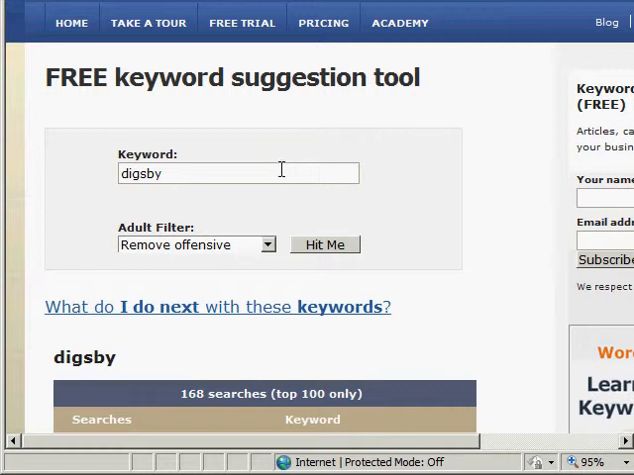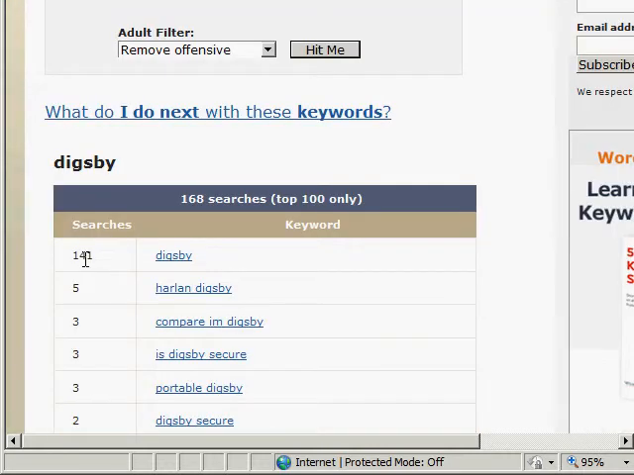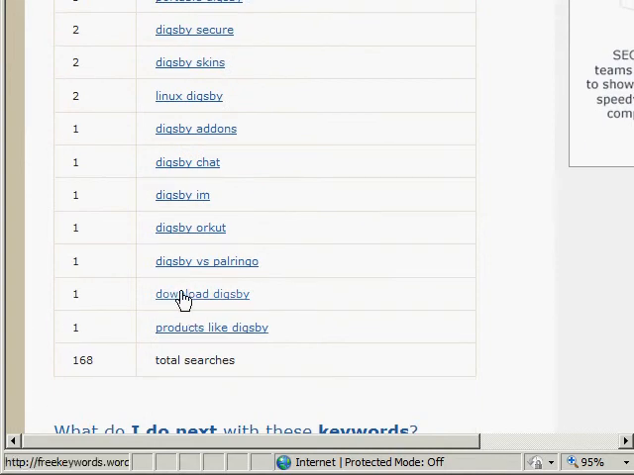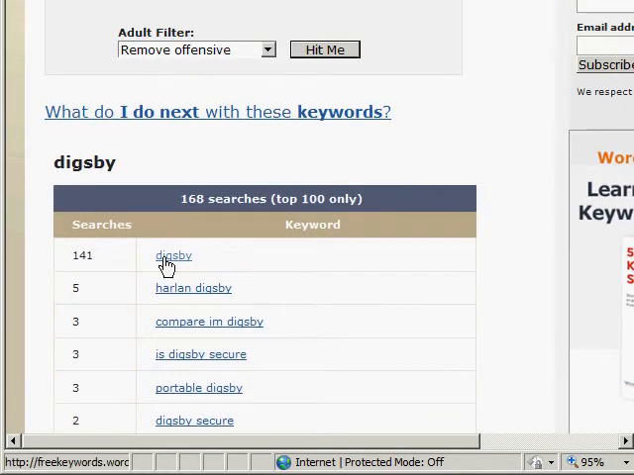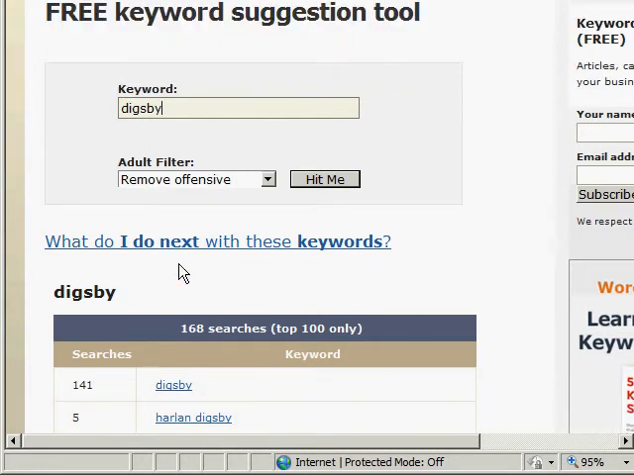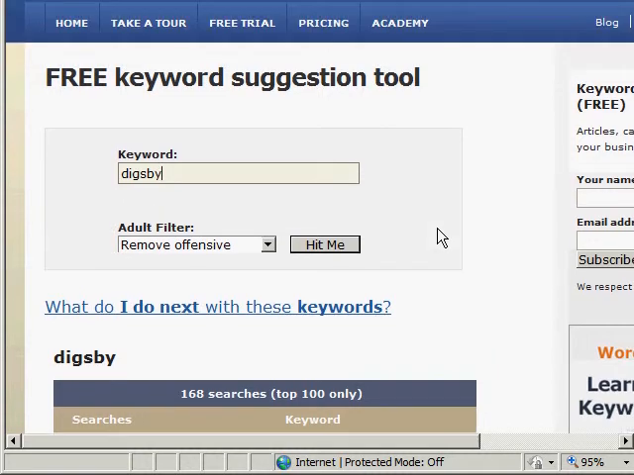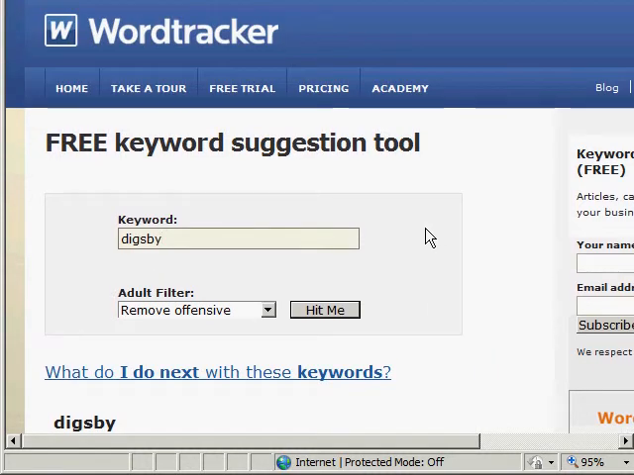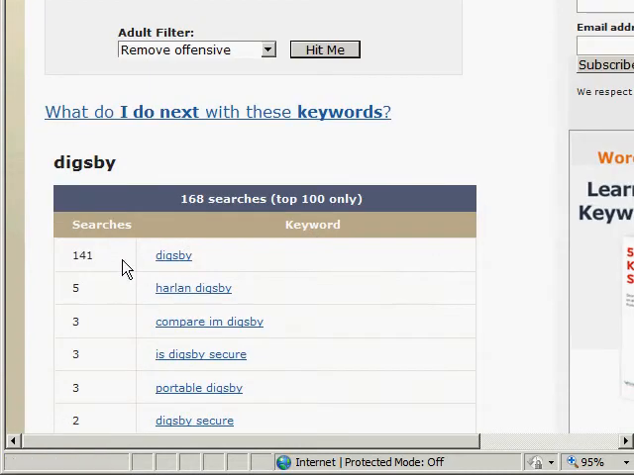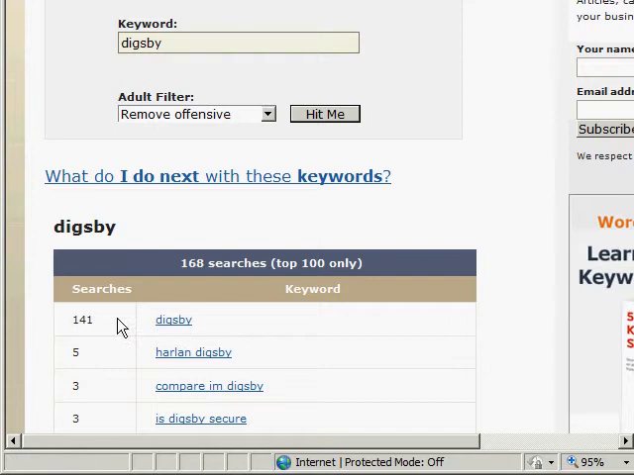So I did a search on Digsby, and I'm only getting 141 searches, 5 searches for the rest ones and 1 searches, which is not high at all, but it has a potential and might be worth a shot, but not necessarily a desperate, hungry niche. So in this case, I might choose to go forward with it, or I might not. Because seeing my research here, it's not as high as I would think. But the word Digsby has 141 searches,